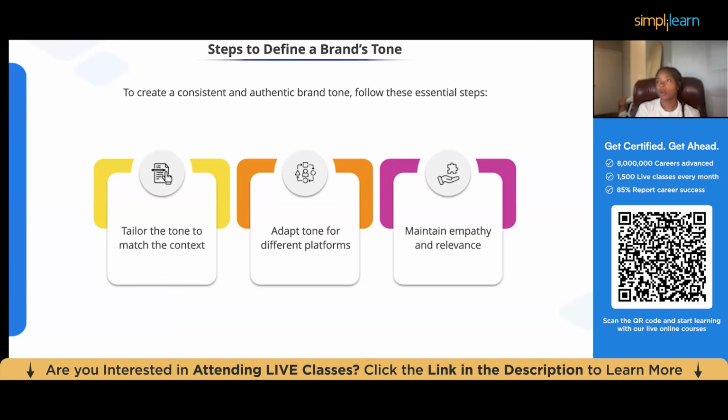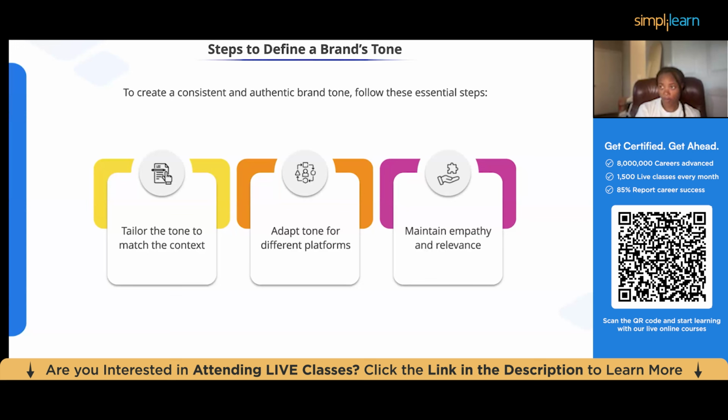And then we want to tailor the tone to match the context, adapt tone for different platforms, and then maintain